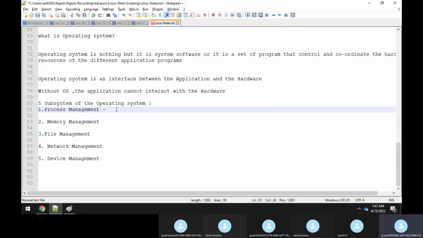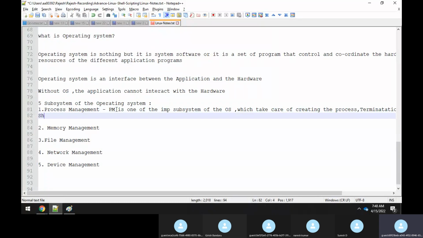For process management, I'll just say PM. Process management is one of the important subsystems of the operating system, which takes care of creating the process, terminating the process, scheduling the process, as well as performing inter-process communication.